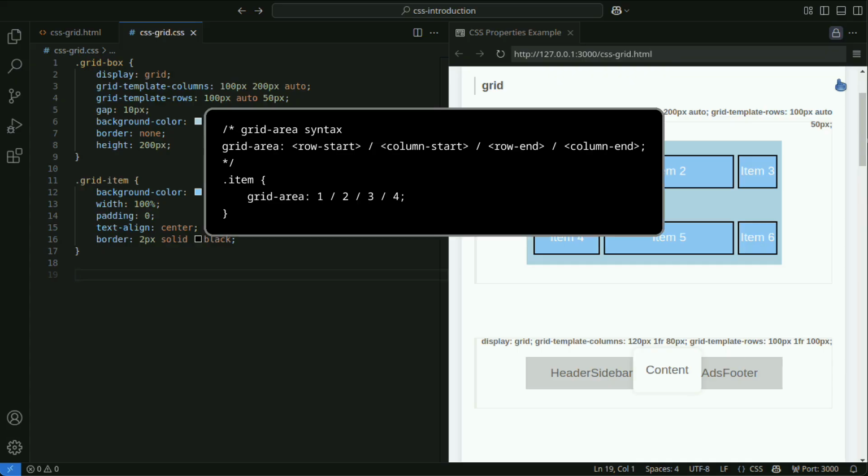Grid-area is a property that allows you to specify the row and column ranges at once to position a grid item. You specify the position using the grid line numbers, not the cell numbers. In this example, the item is placed from the first to the third horizontal grid line, and from the second to the fourth vertical grid line. In other words, it occupies the range of cells in rows 1 and 2, and columns 2 and 3.